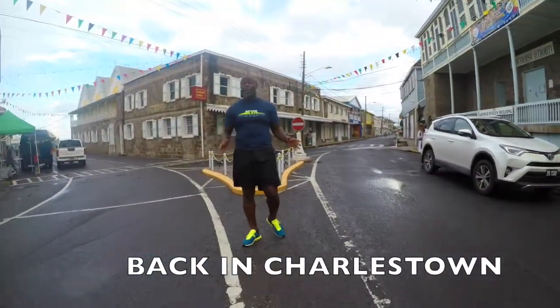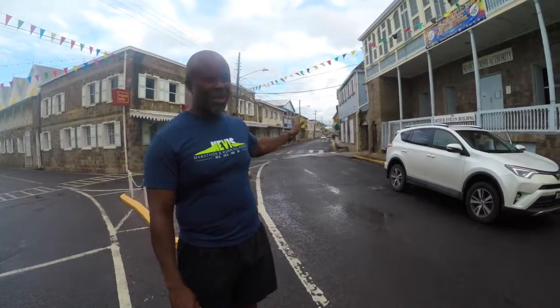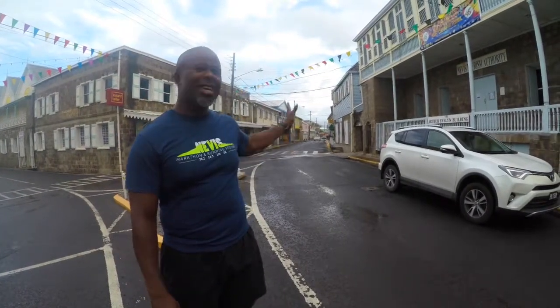So we're still on the marathon course, and at this point you're 19 miles into your race, and obviously there's a fork in the road. You can go this way or you can go that way. The key thing to remember here is you go straight on. You're going opposite to traffic, but that's the right way to go, because you go this way, you pass through town,